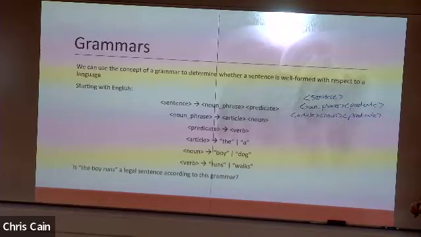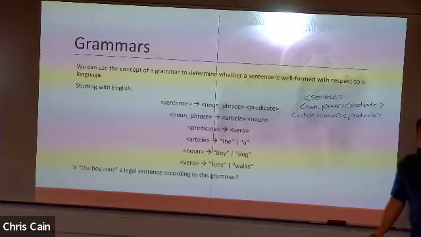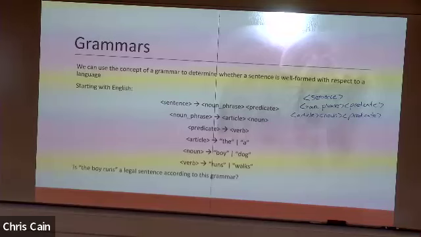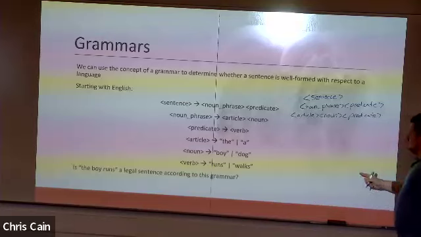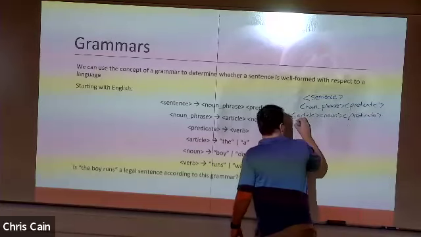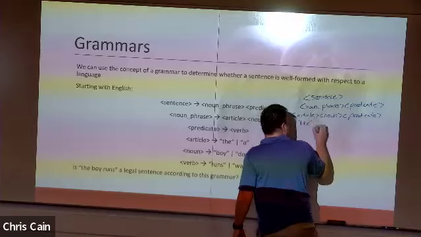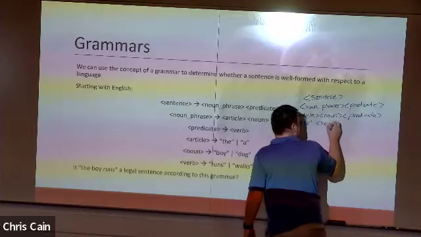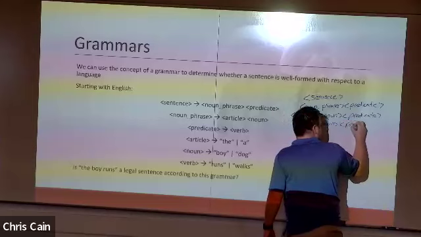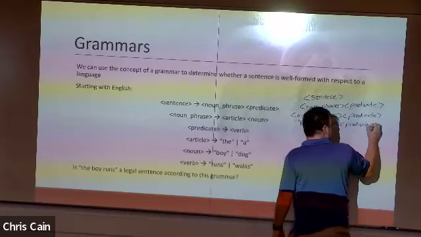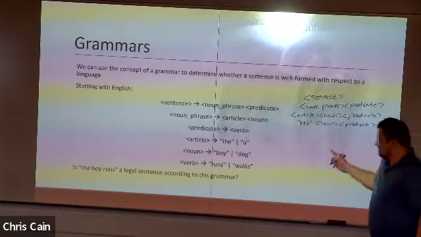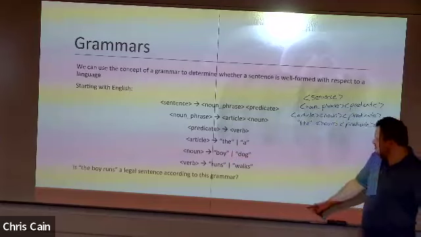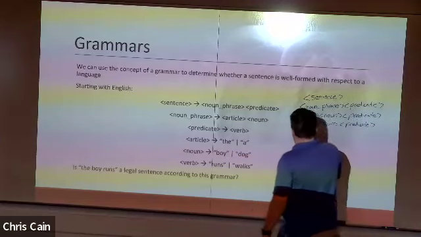All right, now we can replace article with either the or a. Which one do we want to pick here? The, because we want to produce "the boy runs." And so it would make sense to make this the. All right, noun can be either boy or dog, so we want to produce something that represents the sentence. So we're going to choose boy from here. So we have